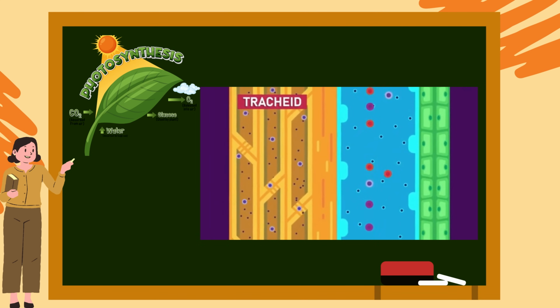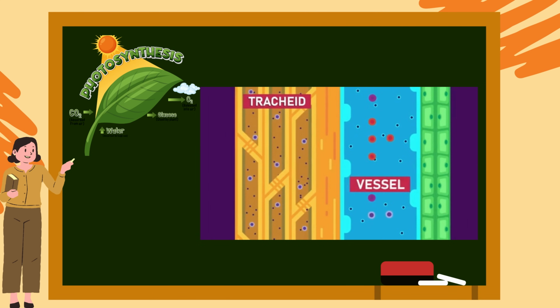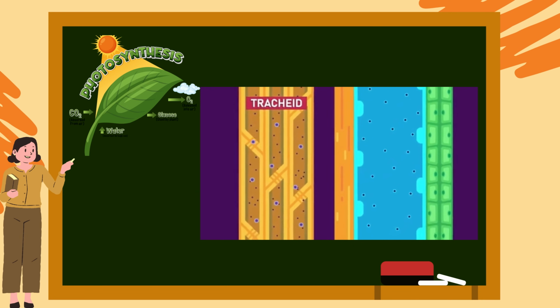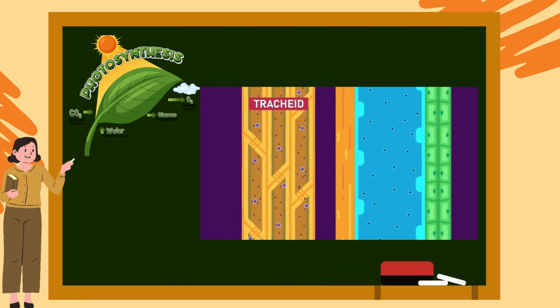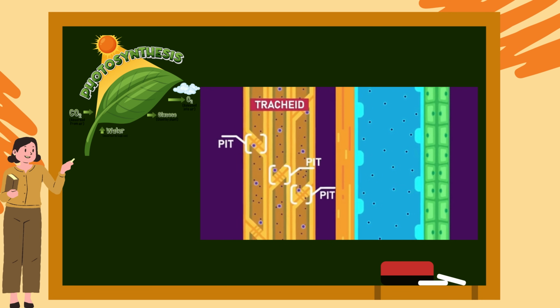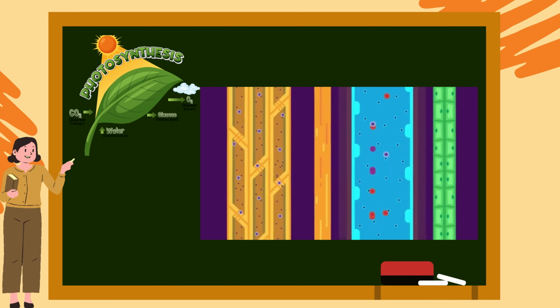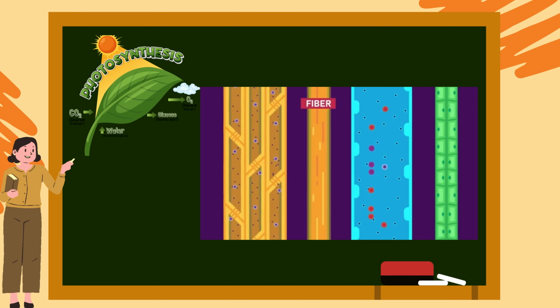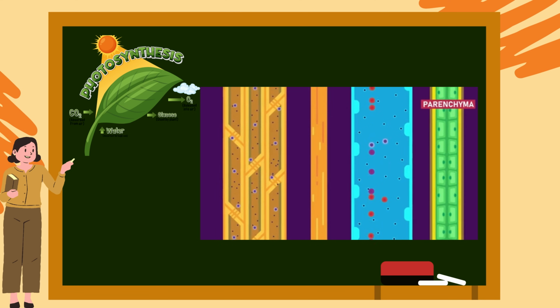Xylem consists of tracheids or conducting cells, vessels, fiber, and parenchyma. The water in tracheid does not flow continuously. The roots and leaves are connected through a series of tracheid cells with pitted walls. In contrast, the xylem vessels are long, wider, hollow tubes continuously stretching from the roots to the leaves. The fiber cells function mainly as supporting structure, and the parenchyma, the only living cell of the xylem, helps with